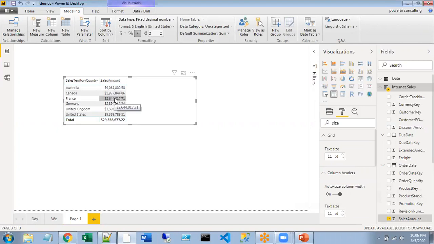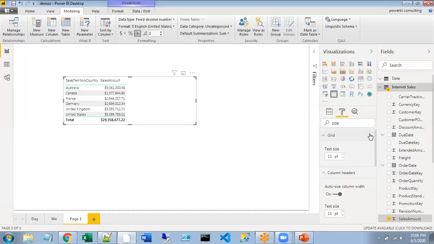Okay, so let's try to understand. When we need a measure, this is the existing information we are displaying, right? I need to display the same total amounts in a new column, but we do not have any column that displays the total sales amount.